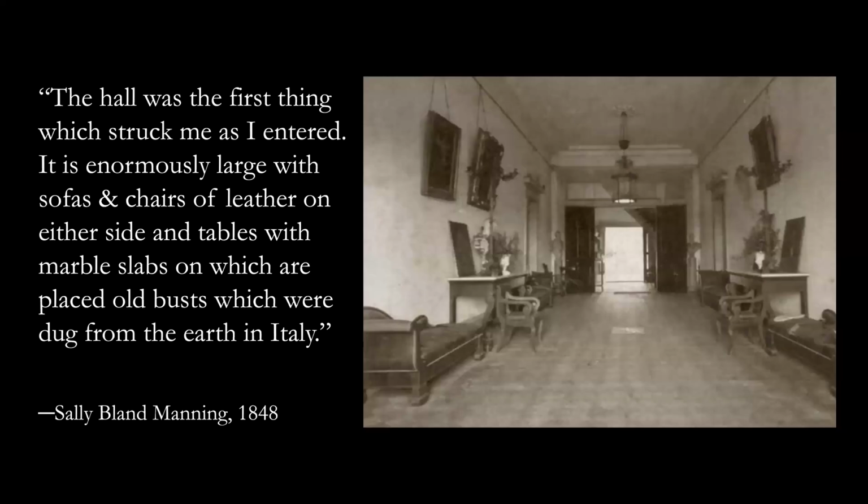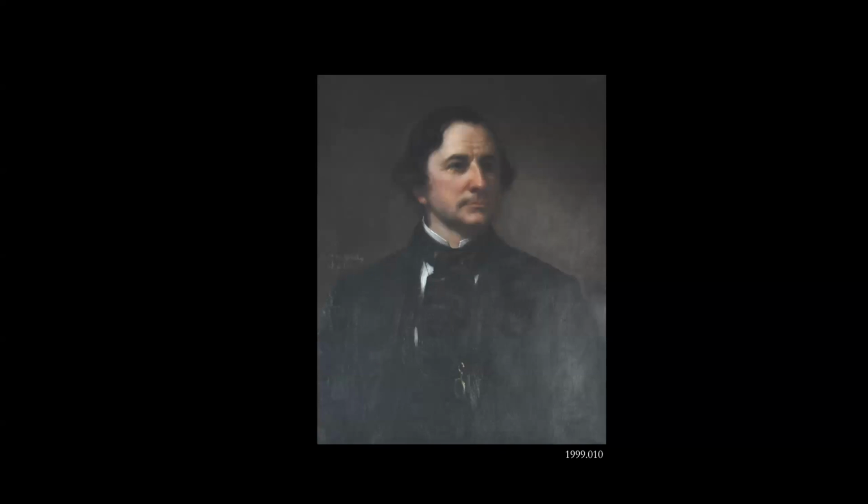Sally's first impression of Millford, found in a letter to her mother, provides us one of the few period descriptions we have of the house prior to the Civil War. John Laurence Manning had a lengthy career in the South Carolina State Legislature and served as governor of South Carolina